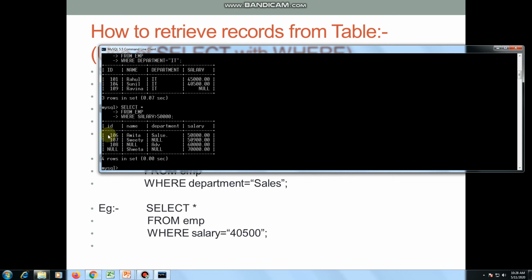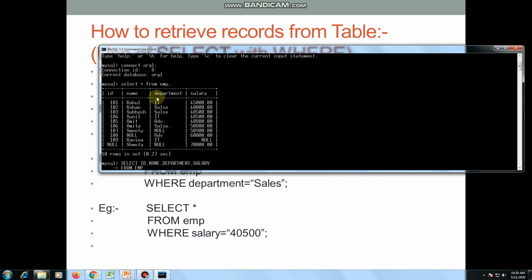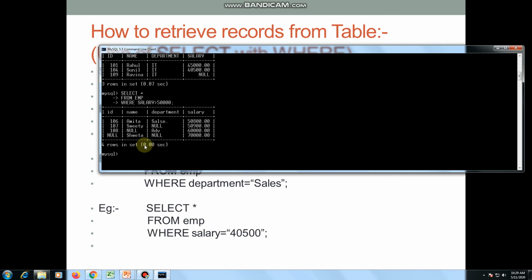So here we get a list of all employees getting a salary of more than 50,000. Out of these 10 employees, only those getting a salary of more than 50,000 are displayed in our result table. So this is how a where clause works.